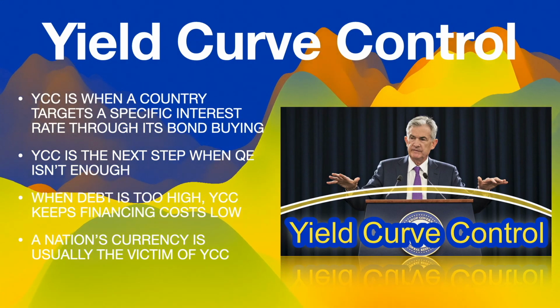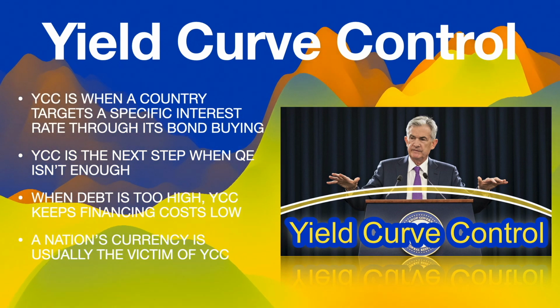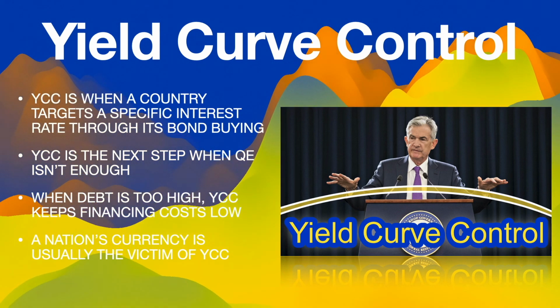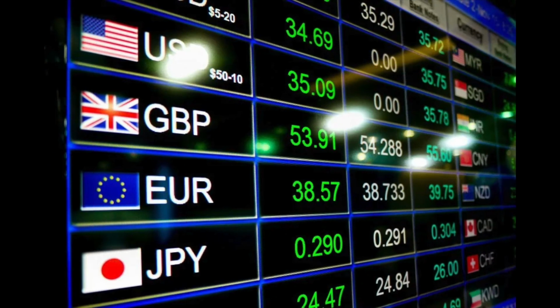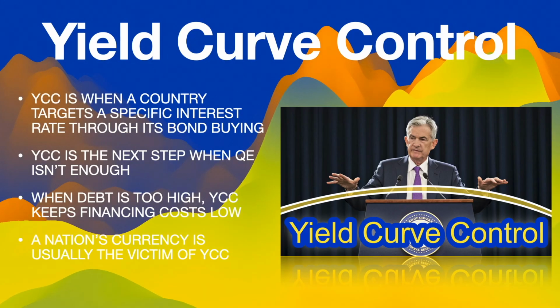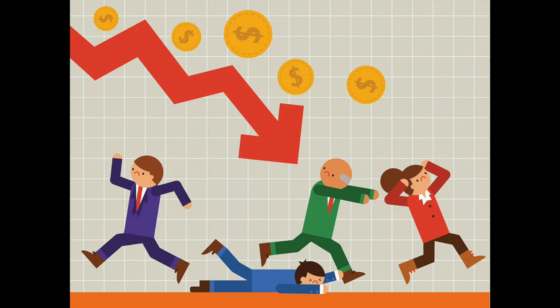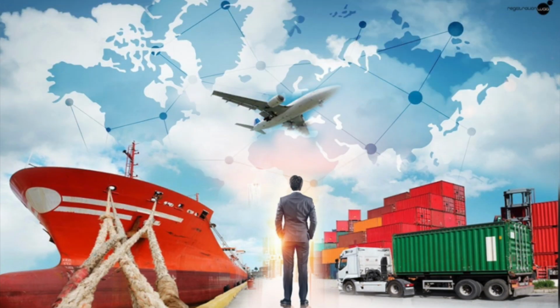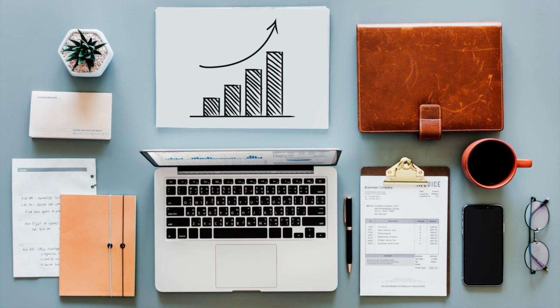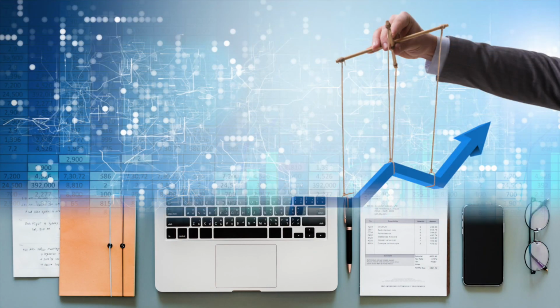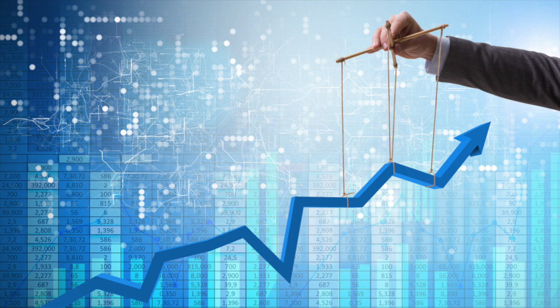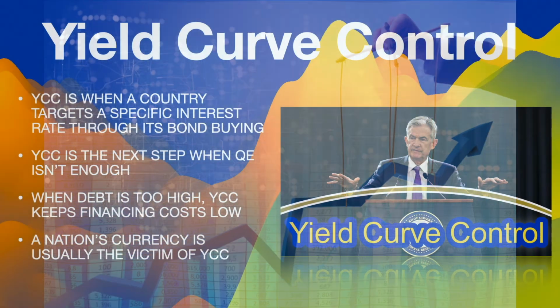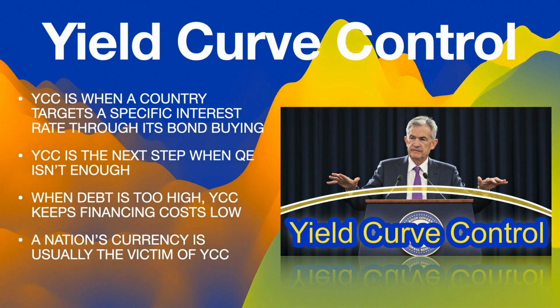That said, when a country artificially pins its yields through yield curve control, the release valve is usually the value of its currency, meaning its currency can rapidly devalue to the point its economy becomes disorderly. A rapidly devaluing currency can lead to massive import inflation, complicate business expenses and investment, and lead to price distortions all throughout the economy. So the potential consequences of yield curve control-induced inflation can be rather extreme.